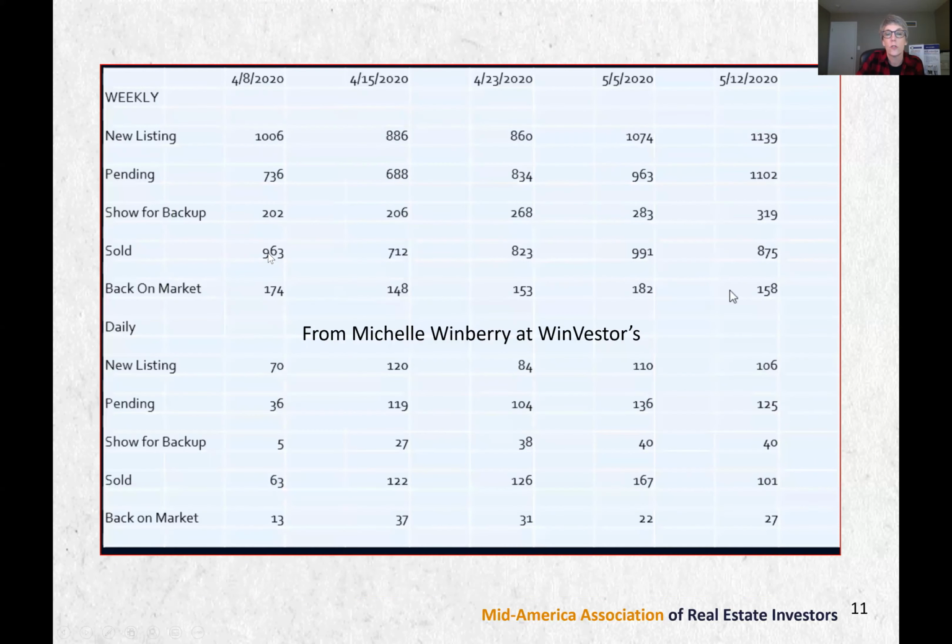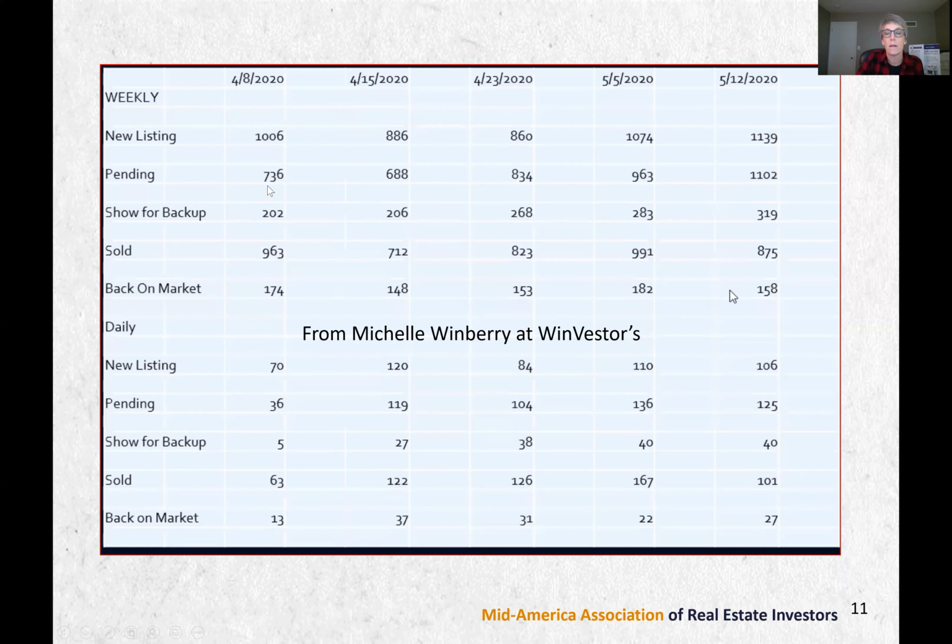And I think it's interesting if you take a look at new listings. Everybody here is thinking, oh, it's spring, we've got to get our house listed. This is prime time. We want our house on the market for when the spring home show happens. A lot of people list then. So we had 1,000 new listings, and then the next week we only had 880, and then 860, and then we jumped back up. This is right when we all started staying home, so people stopped listing houses.